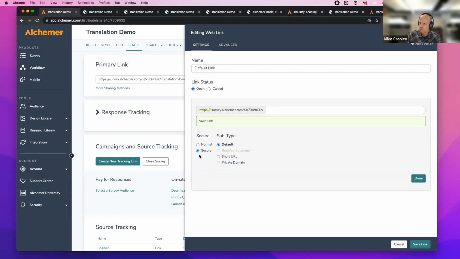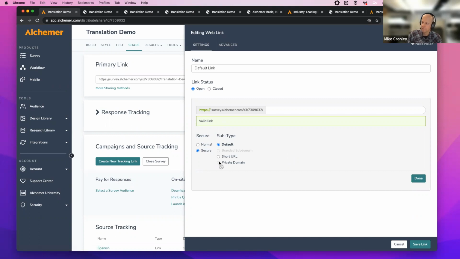And Jake, I'm trying to remember if you have a domain set up. You can set up a private domain with the link to take away the text Alchemer. I wasn't sure if you have that set up or not. I think so. I think people have requested it, so I think we have it turned on, yes. Okay, so you can validate this really quickly when you go into the customized settings.